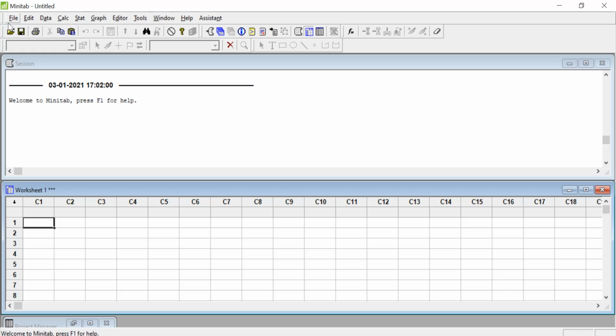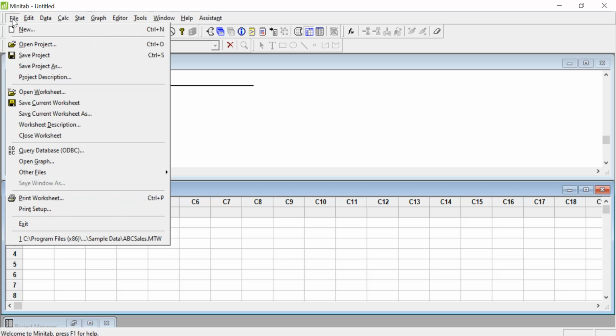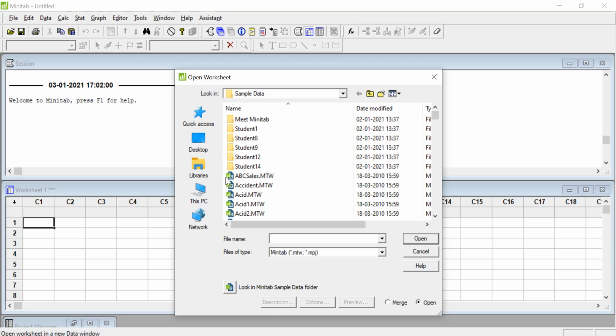First you have to go to the File tab at the left corner. You click on File, then you have to click on Open Worksheet. Once you click on Open Worksheet,